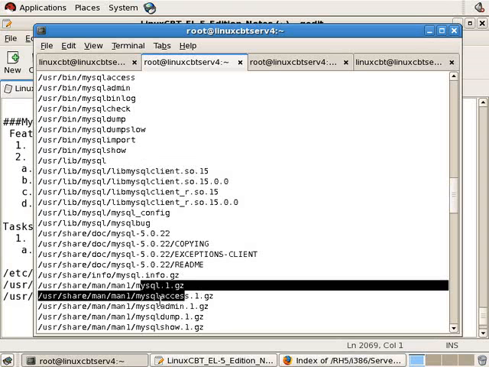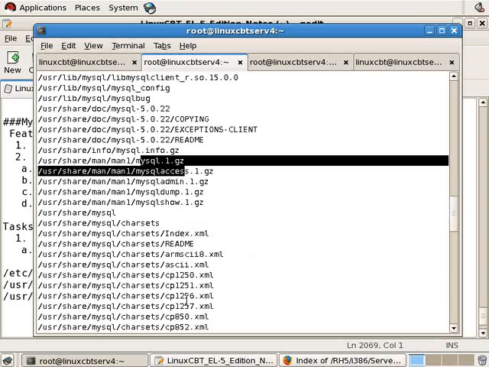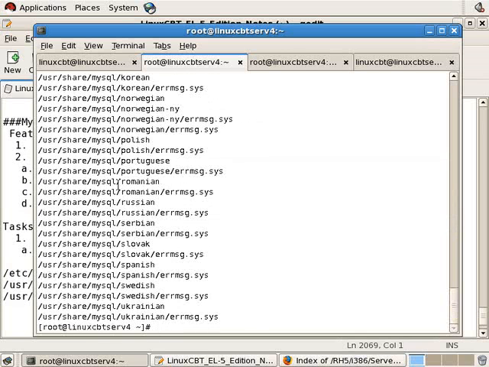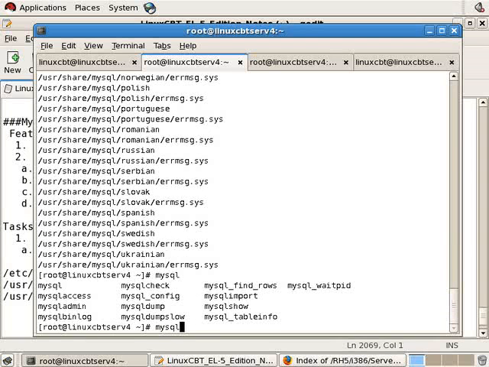There are man pages for each of the client programs, which instruct you on how to use the client and how the client uses the config files, global and user based, support for multiple languages, and so on. Now again, because it's in /usr/bin, if you type my and tab it out, you'll see the multiple clients: mysql, admin, dump, import, show, access, so on and so forth. They're all available to all users on the system,